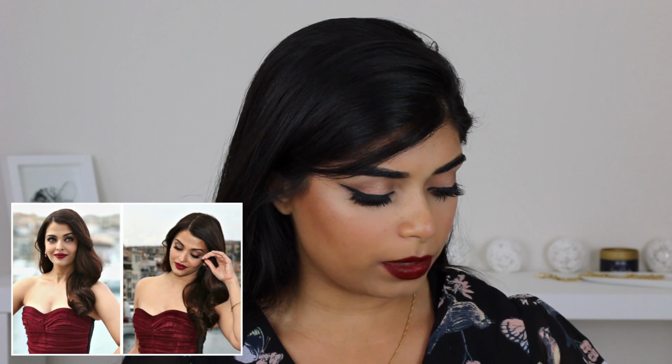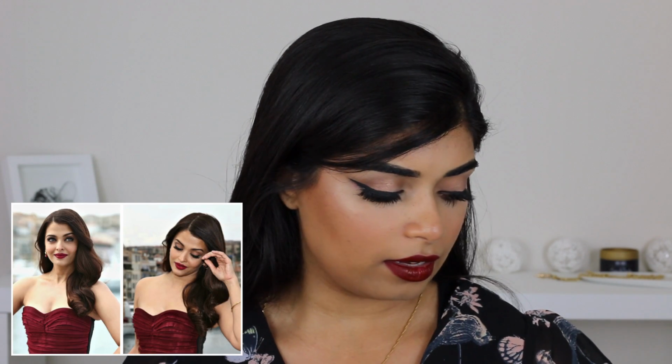So today I have another celebrity inspired look. This is the look that Aishwarya Rai wore for the unveiling of her new movie called Jazbaa? I'm not sure how to say that. And in it she was wearing this strapless maroon gown by Oscar de la Renta, and it was just